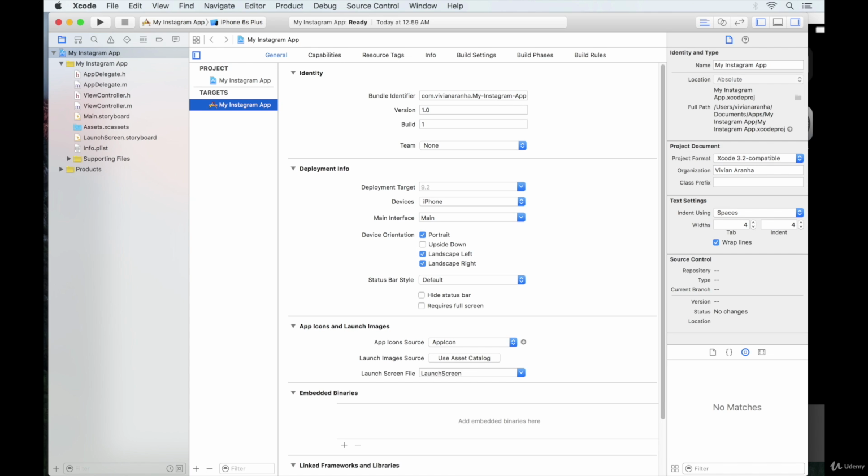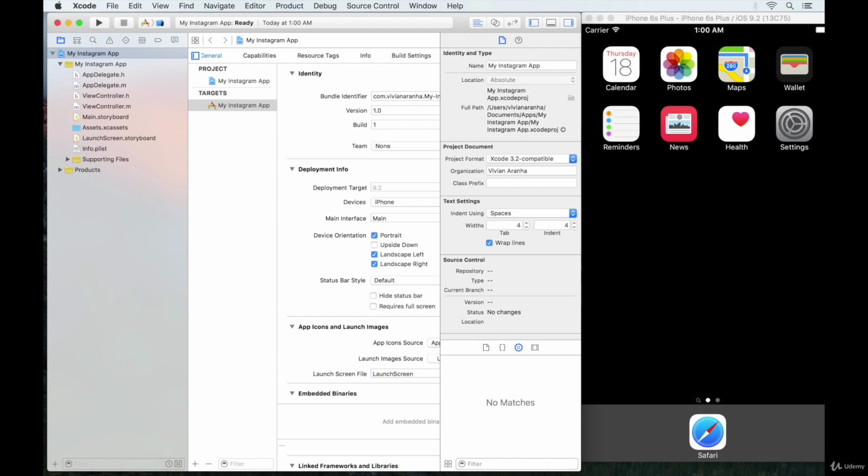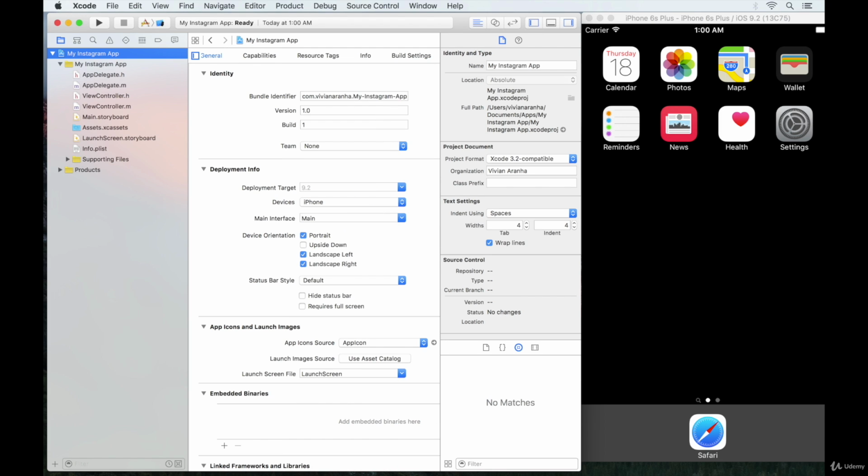Open the simulator. If it's not open, you can press the play button and open it. Let's make sure they are next to each other so we can see how our output looks as and when we play around with Xcode. Now let's look in more detail. You can see on top we have all details of the project in identity,